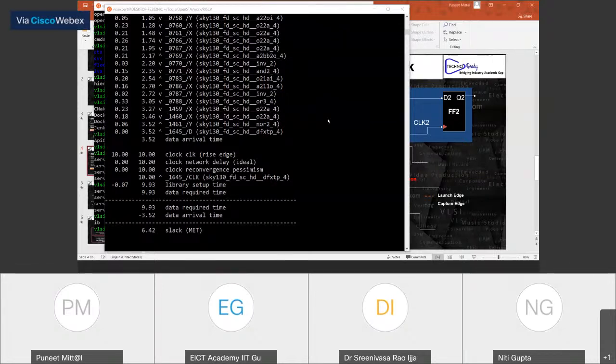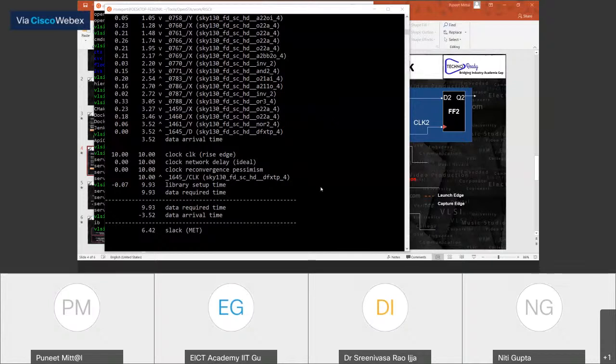So Surya, it's basically after simulation, library characterization, cell characterization, that these values usually come. I think no questions now.